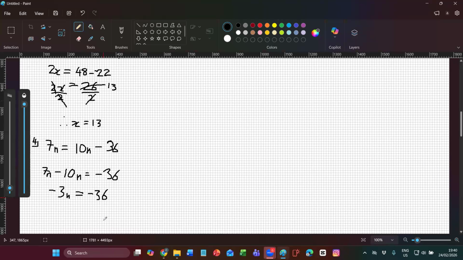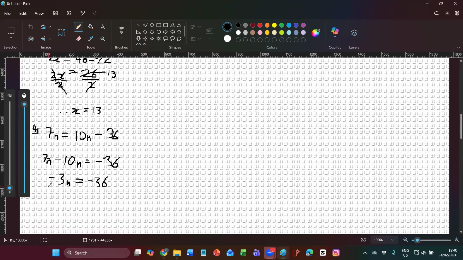All right, so that will give you minus 3 over itself, of course. That is 1 on this side. So that will be n equals minus 36 divided by,